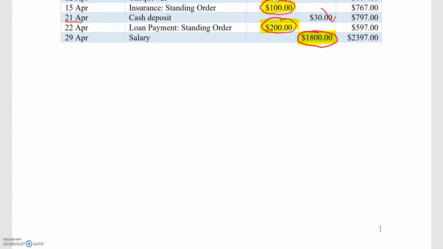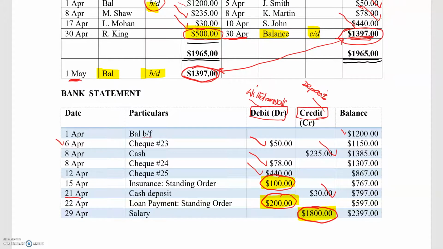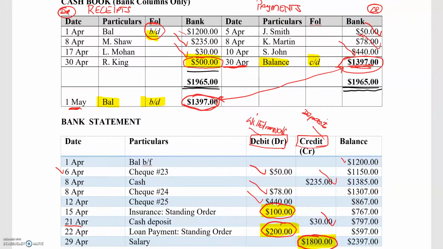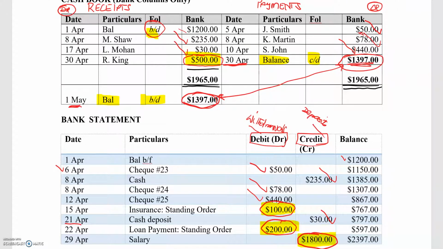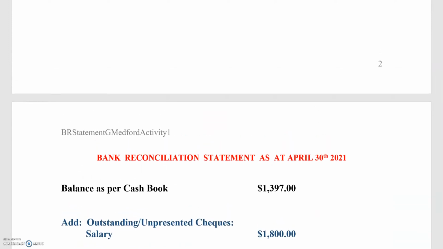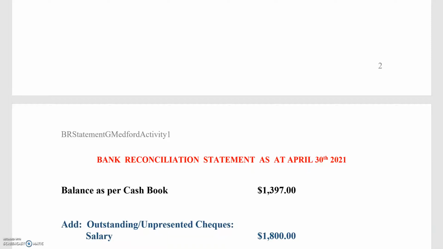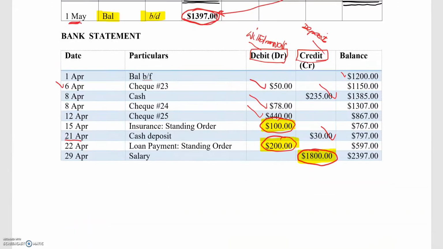So let's look at our 4 entries and determine what are we going to add to the cash book balance and what are we going to subtract from the cash book balance. So the bank lodgement of $1,800, which represents a salary, will be added to the cash book balance because that is cash coming in, right? So add outstanding salary, which has not yet appeared in the cash book, $1,800, and we are going to subtract